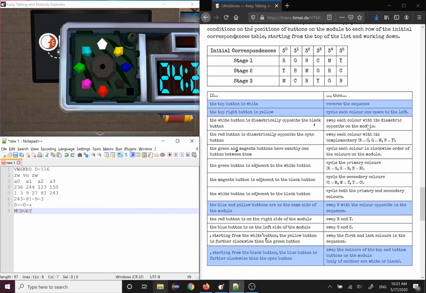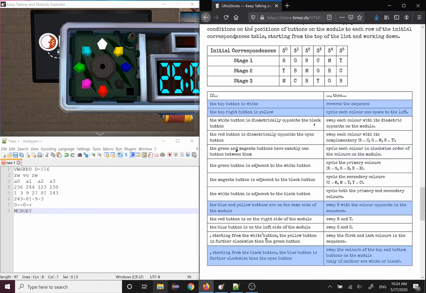Now, one thing to note is one rule that is sometimes hard to comprehend. One condition is cycle each color in clockwise order of the colors of the module. Obviously, this does not apply here because the rule is not true, but normally what this would mean is that for each color that you have here, you find the color that is next clockwise on the module, and you change it to that. So for example, magenta would be changed to green because green is one clockwise from magenta. Cyan is going to change to yellow because you cannot change it with white, so you go to the next color, which is yellow, and etc. So that's what would happen with that rule, but we're not changing anything in this case, so we will not